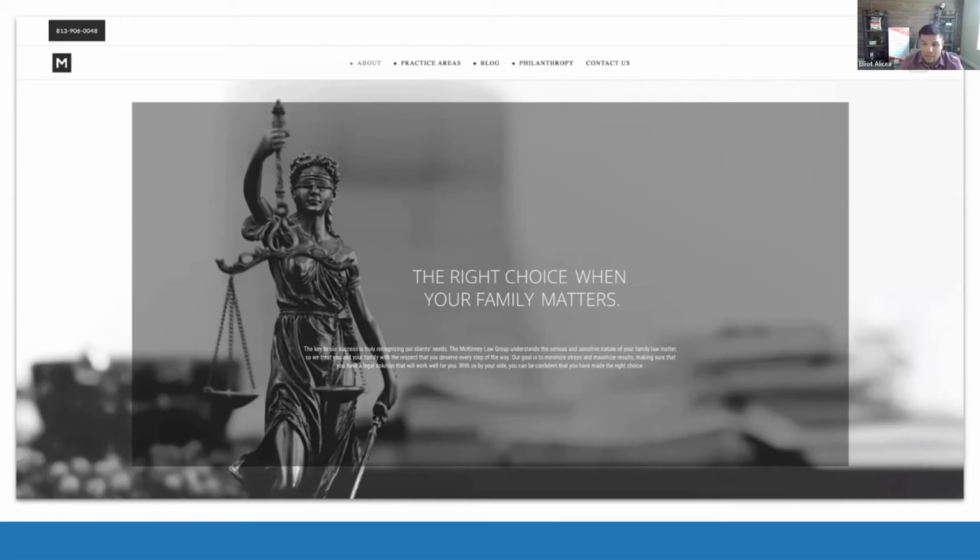So the little white text, maybe it says it in there. But again, people are skimming. They have very short attention spans. Some of the other things that they don't do a great job of is their headline is a little vague. It says the right choice when your family matters. That could mean a lot of things. I take it to mean family law, but again, I'm in the industry, so I assume these things, but others